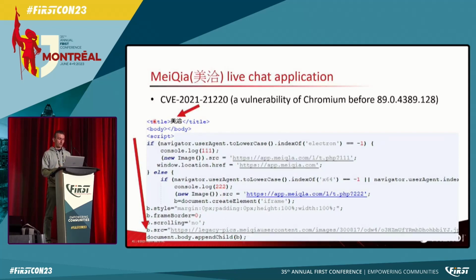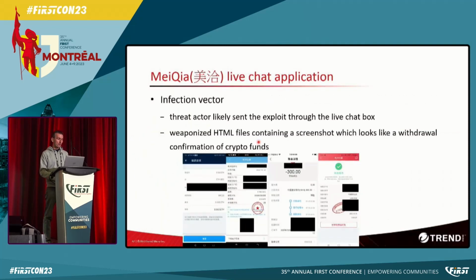on this web page. Then there are some typosquatting domains where the letter L or letter I is changed to L. So basically, the infection vector is that the threat actor sends the exploit through this live chat box, and visually it appears like this kind of screenshot for some withdrawal of crypto funds. But this is not a picture, it's just an HTML file which displays this picture, and in the background there is